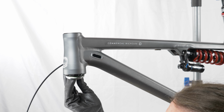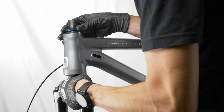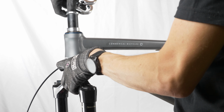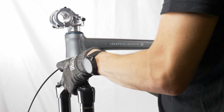Next, I'm going to install the fork. So I'm dropping the lower bearing onto the fork, putting the upper bearing into the bearing cup, and then pushing the fork up through the headset and sliding the top piece of the headset down on top. To hold all this in place, you need a stem. So I'm sliding on some spacers and this sick DMR Deft stem that took a million years to get here